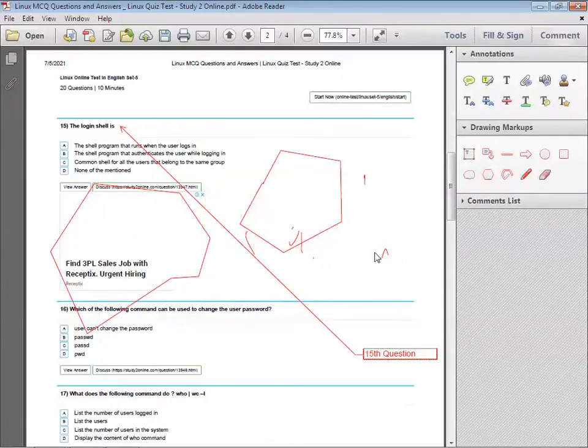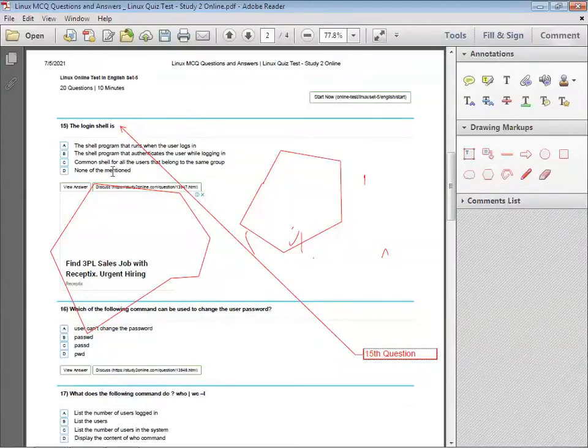This is nothing but the polygon here. So these are the simple annotation or drawing markup tools that can be used in the PDF, so that your PDF presentation will be attractive.